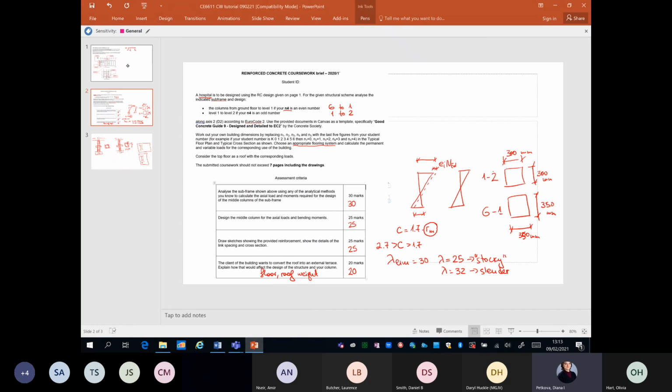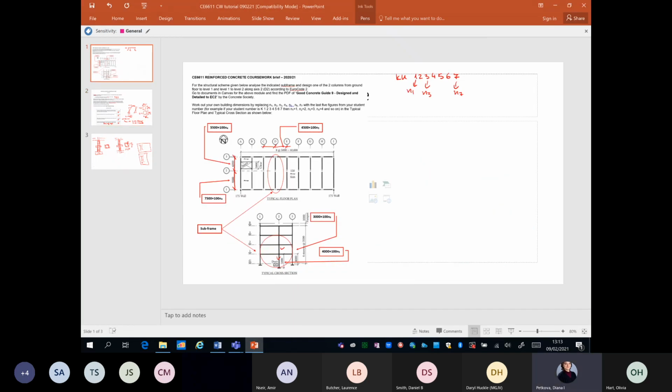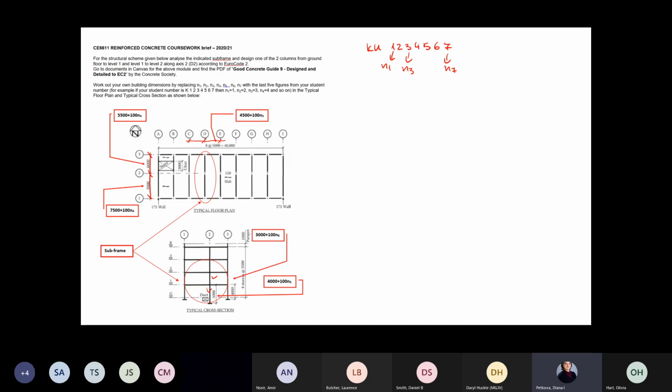Okay, so the steps of the analysis, as I see them, will be the choice of the flooring system. So you'll probably have a screed, you have some flooring system on top, you have your slab, you have some suspended ceiling, you have some services, cables and things. So you will have your area loading from this